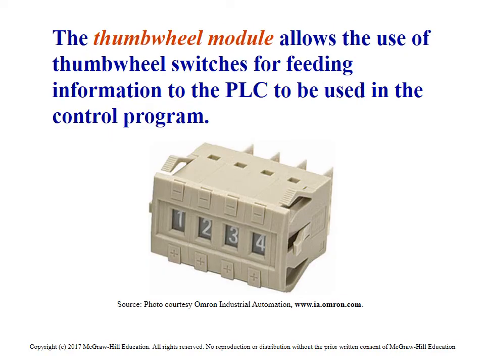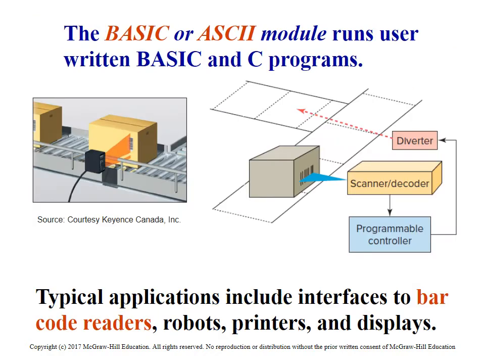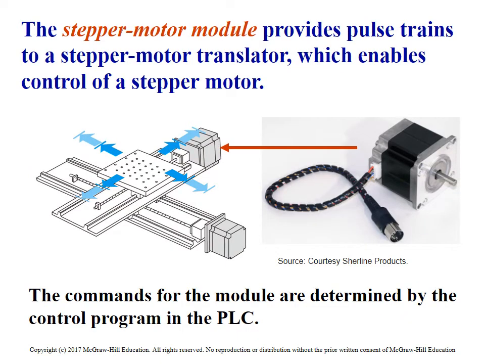Thumb wheel module, nothing you're going to run into too much these days, but basically you can enter a value on this thumb wheel, and it dumps a value in a BCD format to the PLC. And we'll be talking about numbering systems soon. High-speed counter card, again, typically ties right to an encoder. That way it can read all those counts from the encoder, and we'll be talking about that soon as well. Basic or ASCII modules, you don't see those too much anymore. Everybody's using Ethernet now, so I'm not going to discuss those too much.